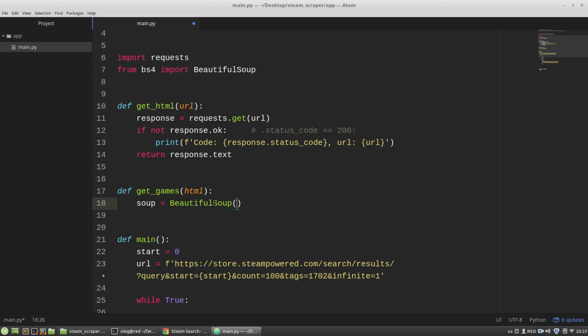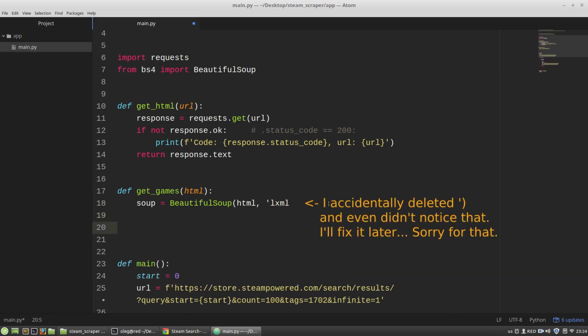The BeautifulSoup class constructor takes as the first argument the HTML code of a page. And the second argument is the parser that will parse the HTML code. I will use lxml inside quotes, because it's a name of the parser. And the getGames function will find all games, all A tags, and return them in a list. Or if there is no A tag on a page, it will return an empty list. I am creating a new variable games,